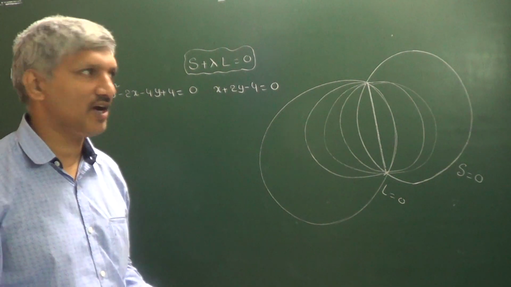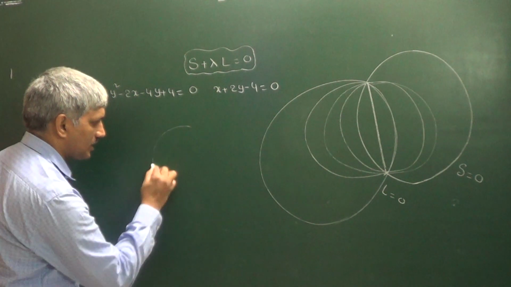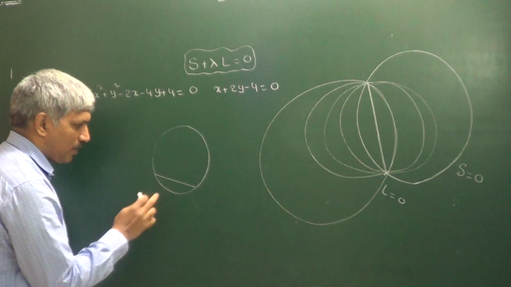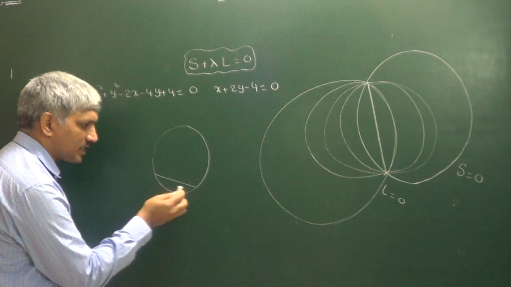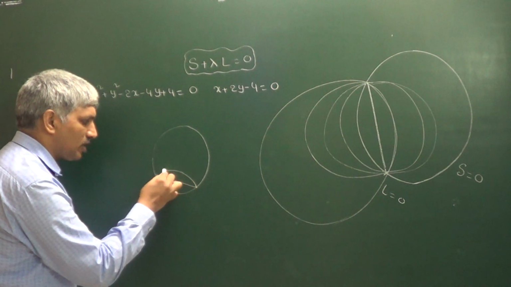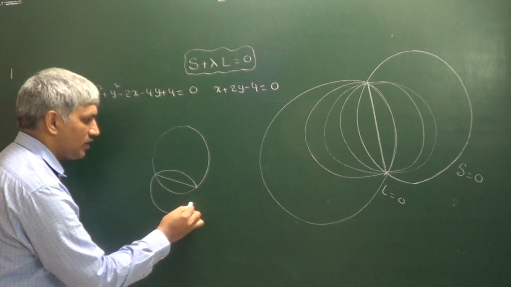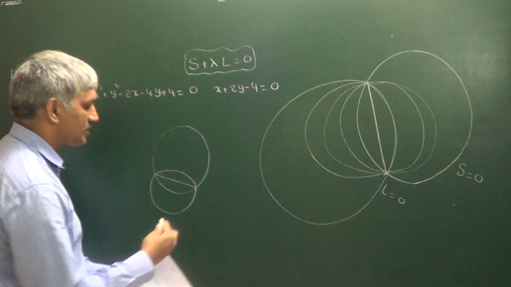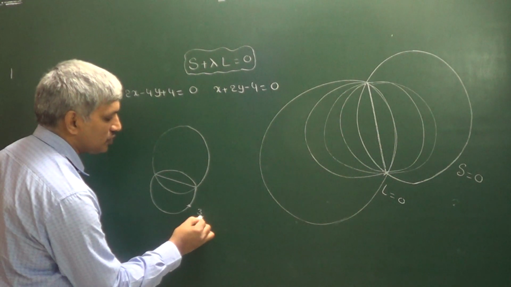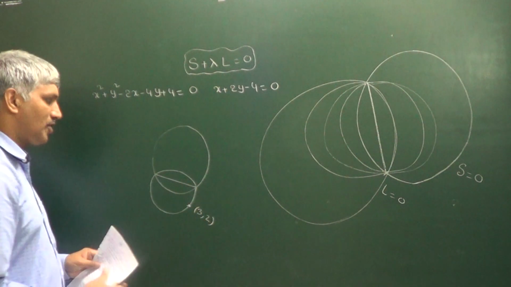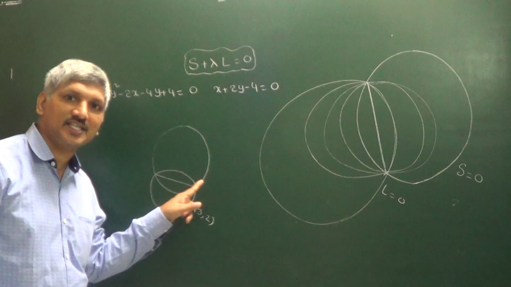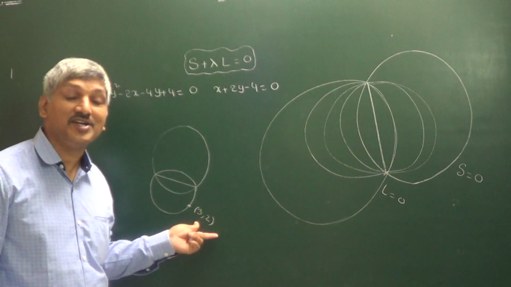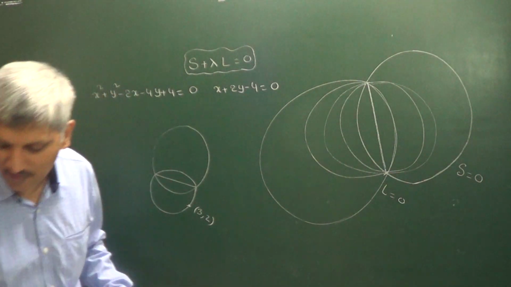For finding that lambda value, observe here, the circle is given and the line is also given. Passing through the intersection of a line and a circle, we have infinitely many circles, but we have to find such a circle that is also passing through the point 3, 2. With the help of this point 3, 2, we can find the value of lambda.